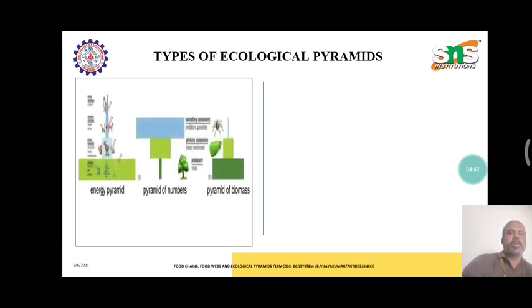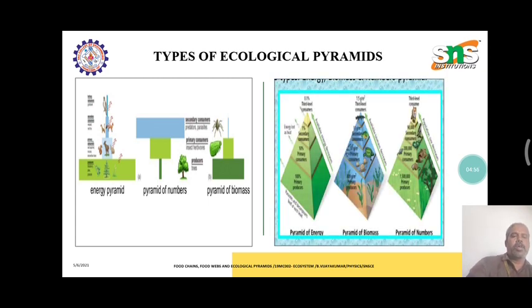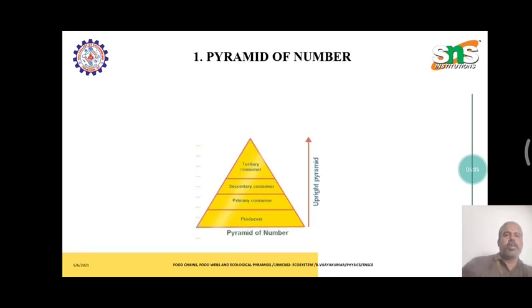The types of ecological pyramid: the energy pyramid is based on the producer to decomposer. In the pyramid of numbers, the numbers become lower but the decomposer is higher. The pyramid of biomass also changes in different categories. The pyramid of energy goes from start to end, and it is very sharp and narrow. So, the pyramid of biomass and the pyramid of numbers. First, the pyramid of numbers.